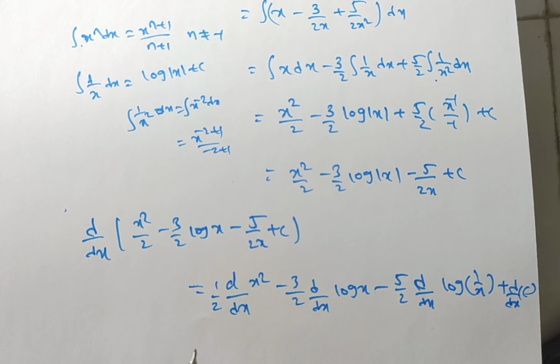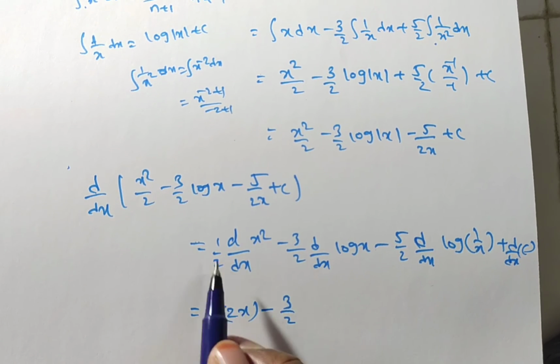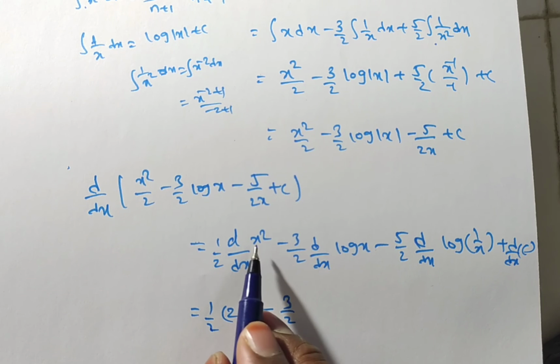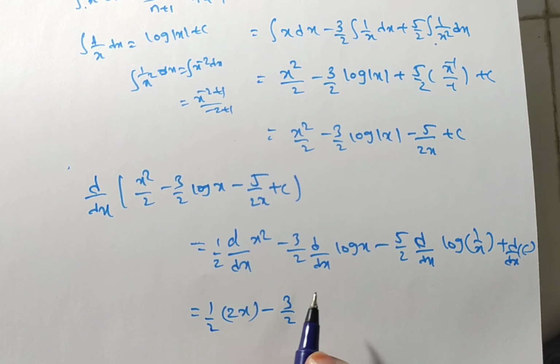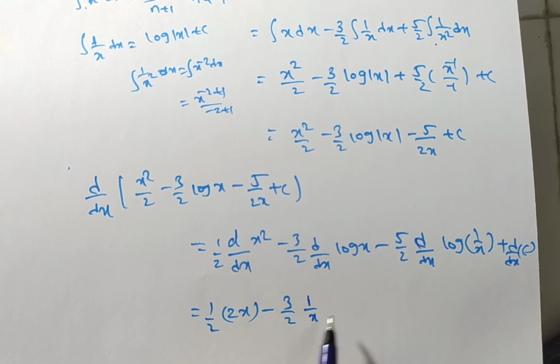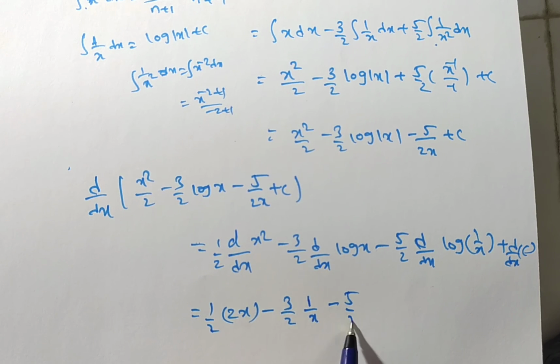Now you see, 1 by 2 is 1 by 2. X square derivative is what? 2x. Minus 3 by 2 times derivative of log x, which is 1 by x, minus 5 by 2 times